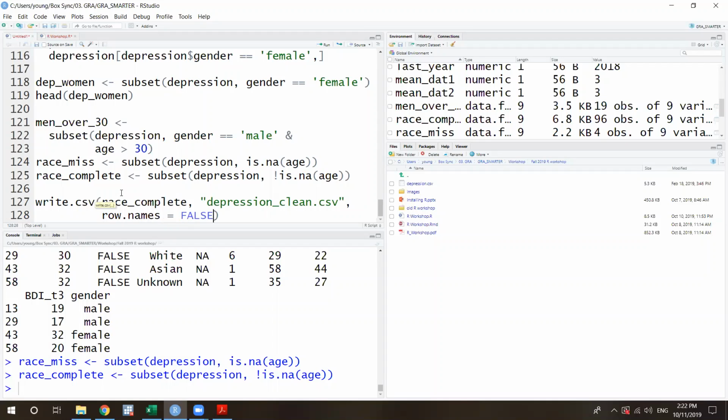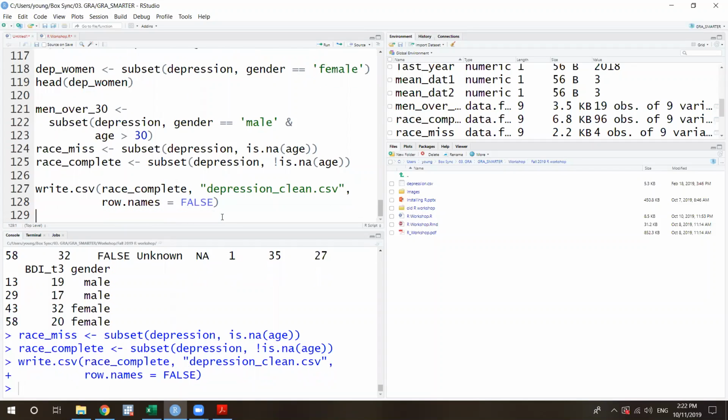This is because if you skip this, it's going to save all the row numbers in your CSV. So it's a little annoying. You can just save the data like that, but I just want to delete all the row values, so I always put this argument like this. Row.names is false. If you save this like this, you can save this file into the working directory that you already set. So check that your data saves into the folder that you set, and then open it and try to find out whether the row names are there or not.